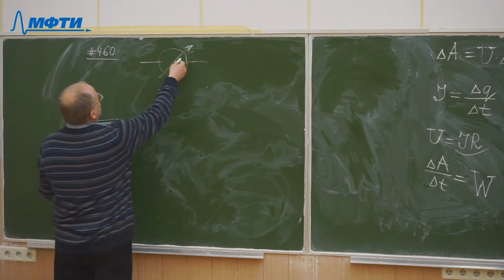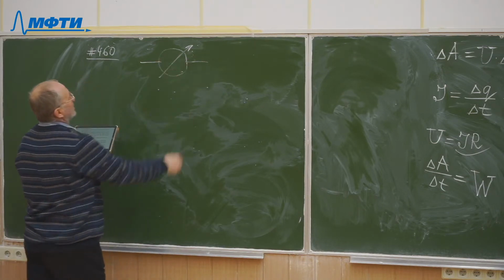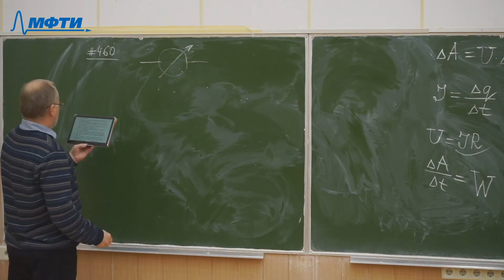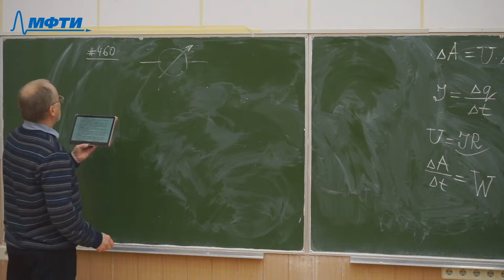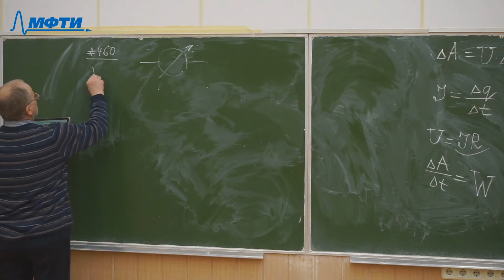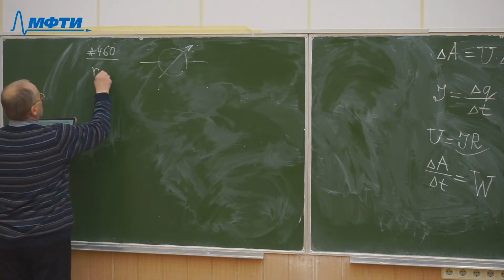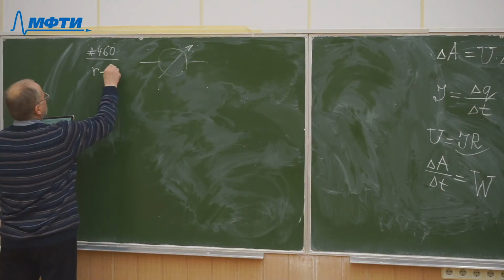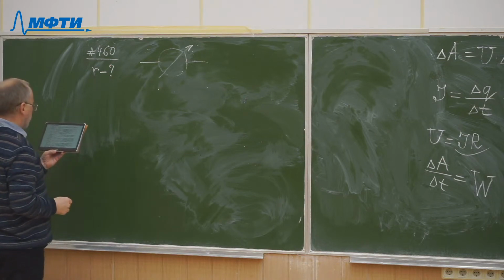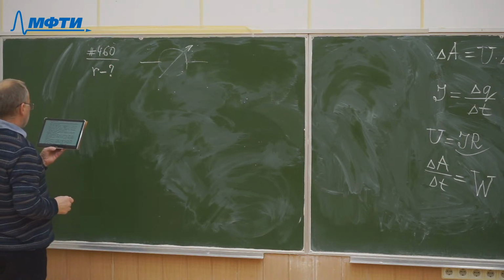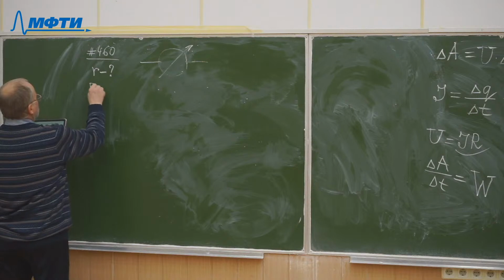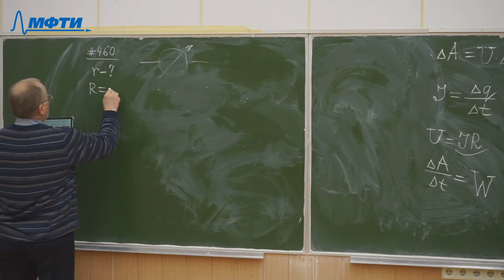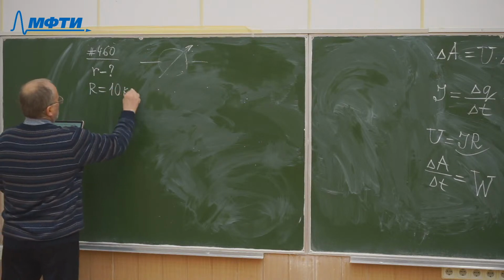This is supposed to be an arrow showing the readings of the device. We have to find the resistance of an external shunt to this galvanometer, and the galvanometer has an internal resistance, 1 kilo ohm,